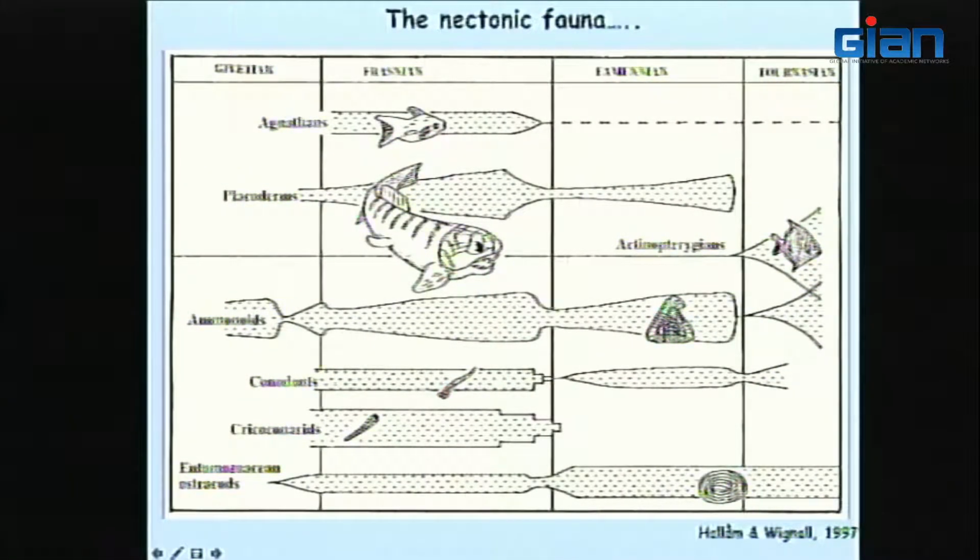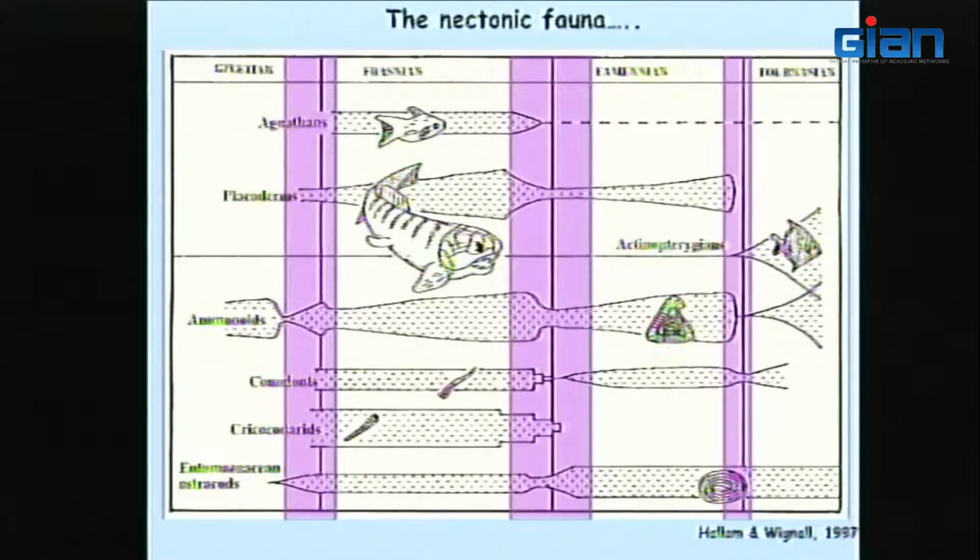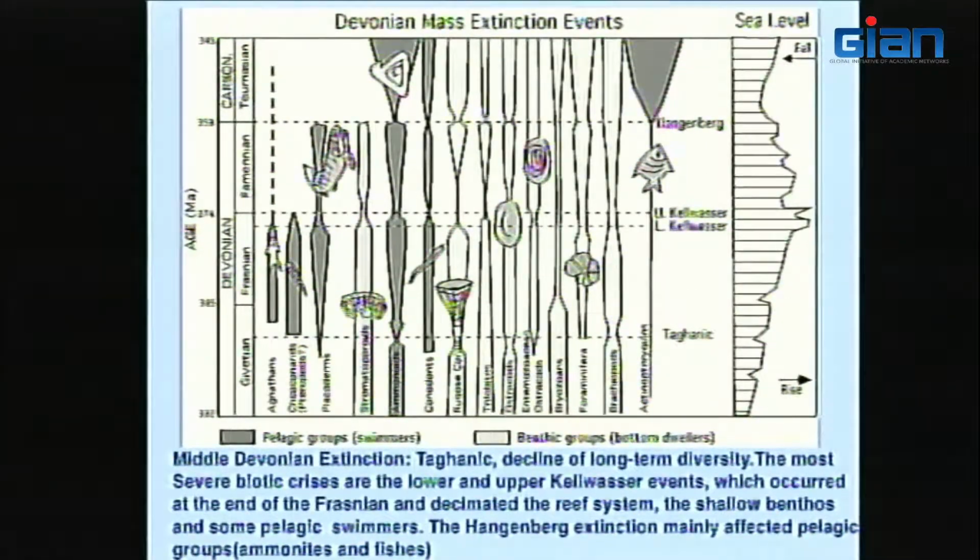Conodonts, which are linked to some very primitive chordates living in the water, the ancestor of the fish, are also suffering. And this just means that especially this last phase here, especially that one, was quite, let's say, lethal for all the nektonic fauna. So during this threefold extinction, you can see that two or three times the benthic and the nektonic fauna were affected. So we can abstract that on that